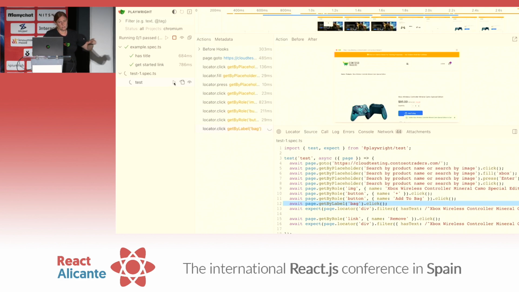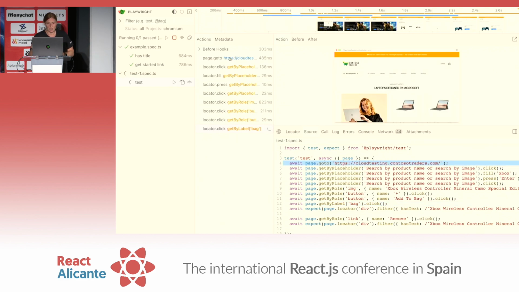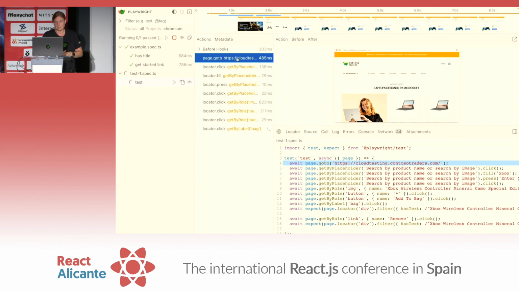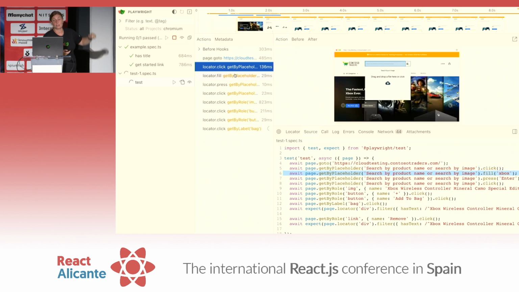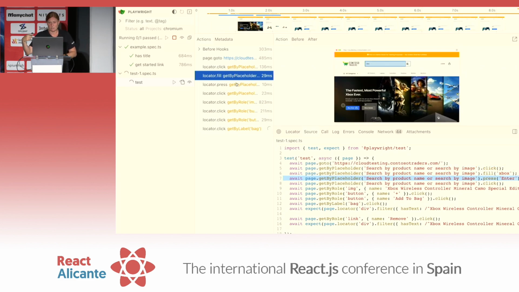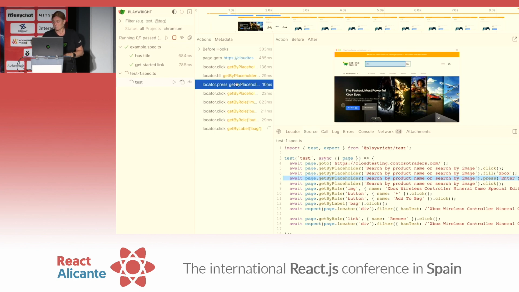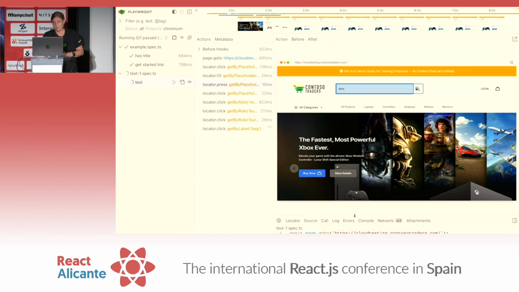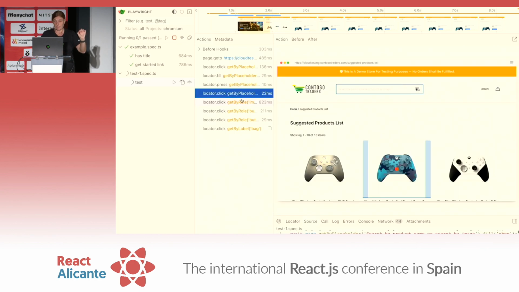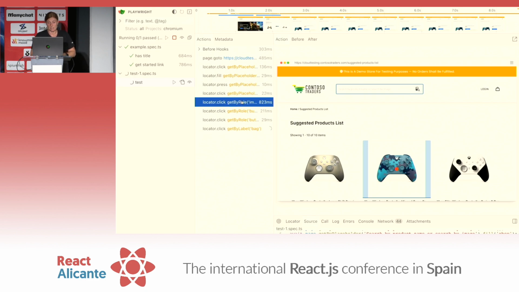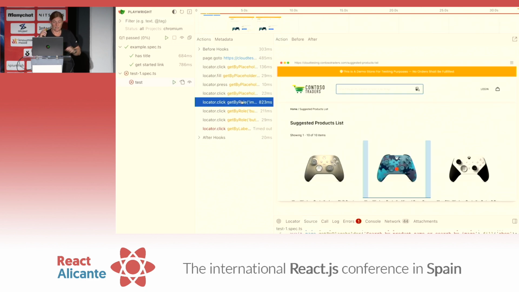Now, in between those couple of seconds, I did something, but you'll see this in a second. So we're going to go through it step-by-step. I'm going to click on each action. You can see in the middle the DOM snapshot is updating, so I'm going to add my Xbox in there, and then I clicked play or enter. And you can see what's happening. You can see where Playwright clicked. That little red dot is where it clicked. That's the action. And then the action it clicked on that Xbox controller.